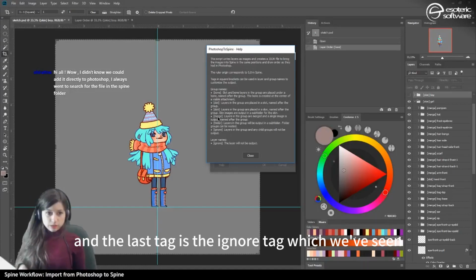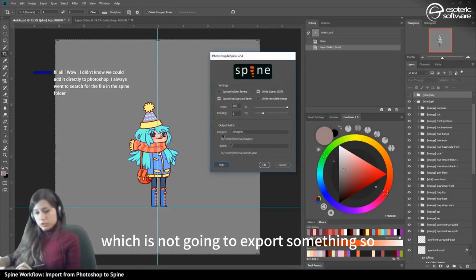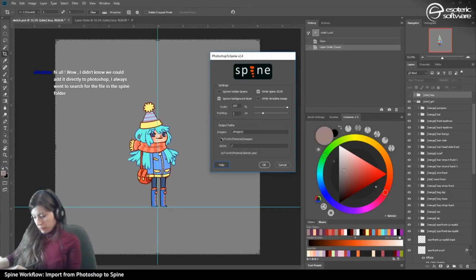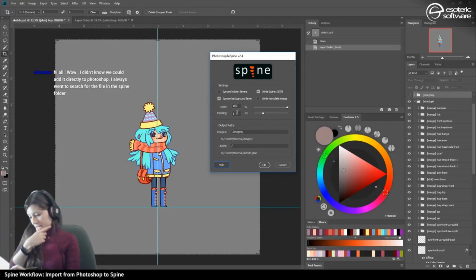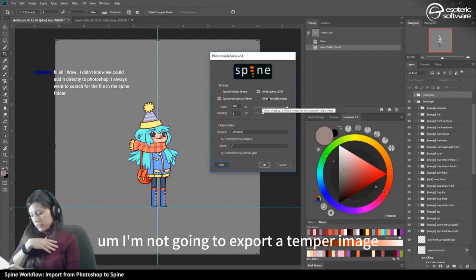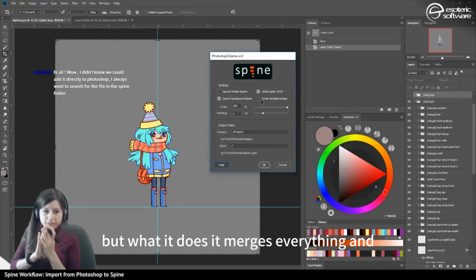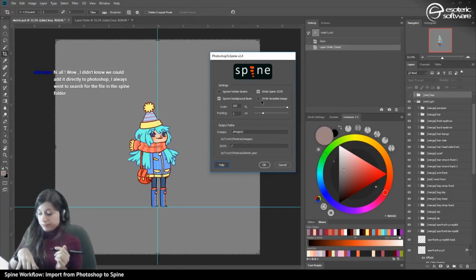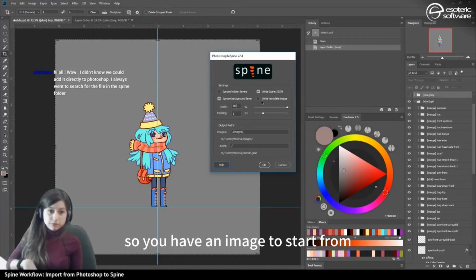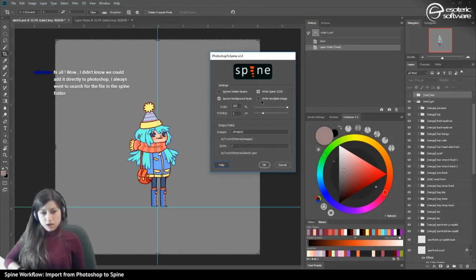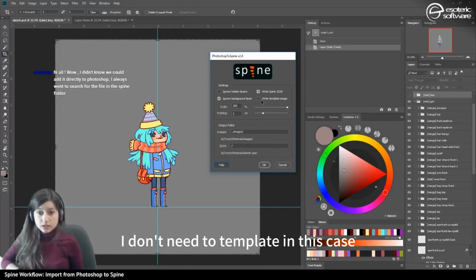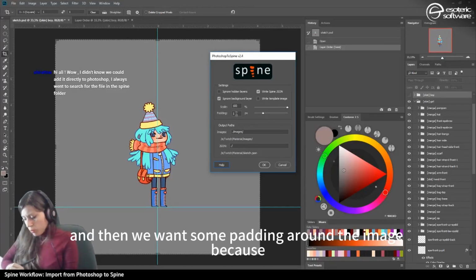Then the last tag is the ignore tag, which we've seen, which is not going to export something. So, are we going to leave scale at 100%? Probably. I'm not going to export a template image, but what it does is merge everything, so you have an image to start from. But since the script is going to place all the pieces for us, I don't need the template in this case. And then we want some padding around the image